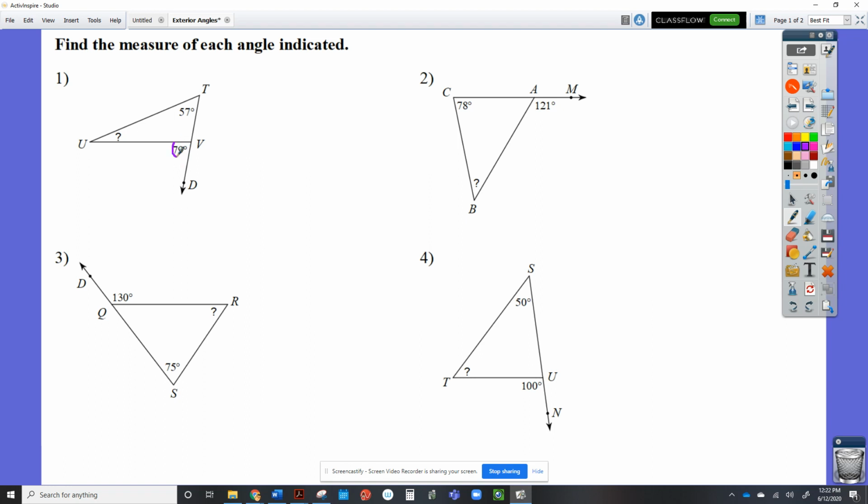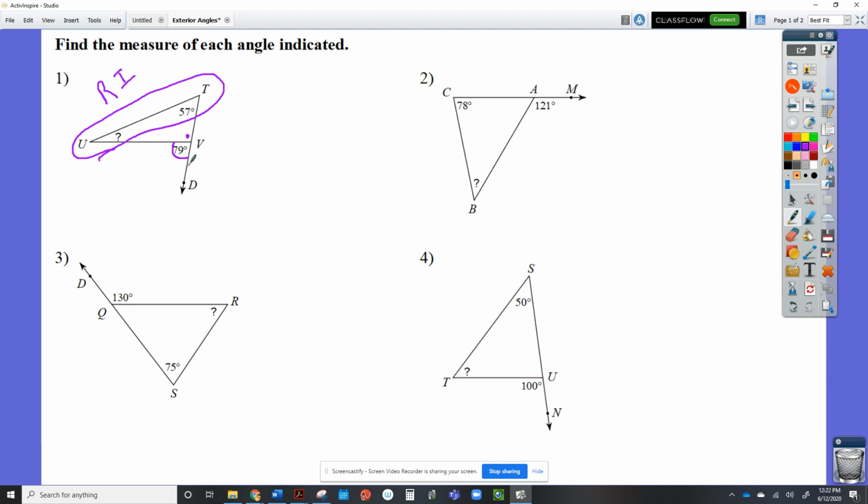So this is the exterior angle right here. Identify the adjacent interior angle. Now it's pretty obvious. The two interior angles that are left, those are your remote interior angles. And the two remote interior angles are supposed to add together to equal 79. So 79, if you take 57 away from 79,